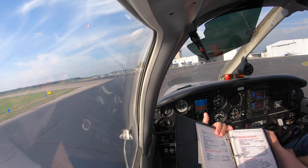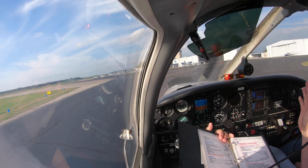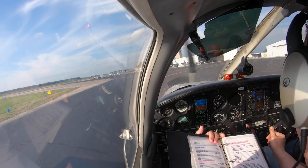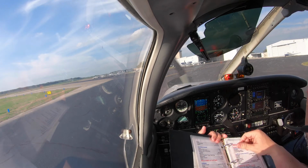It's the same as 954. No, it is. I was like, I'm like flustered right now. I know. I'm just kind of all over the place. Lights as needed. So we're good there. We don't need to do stopping engine until we...